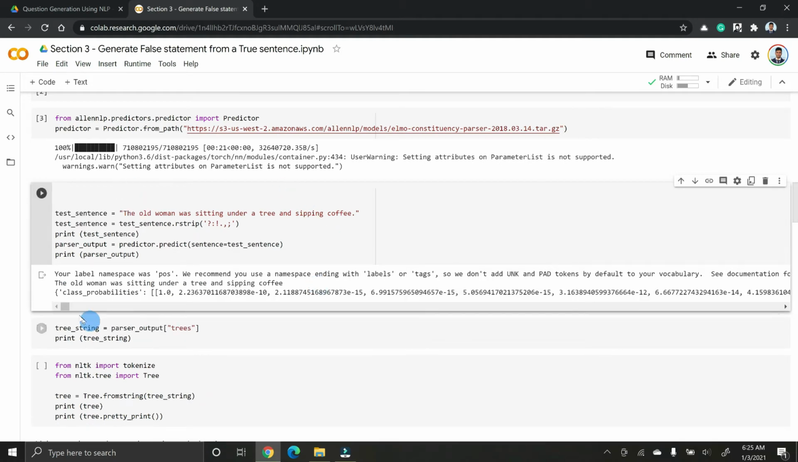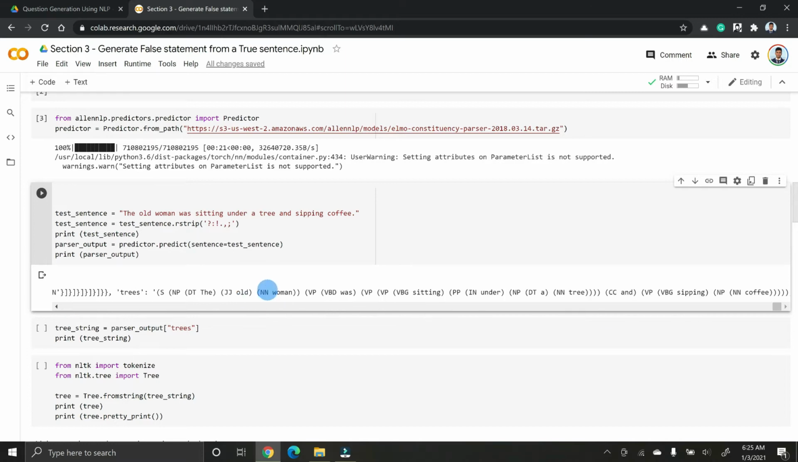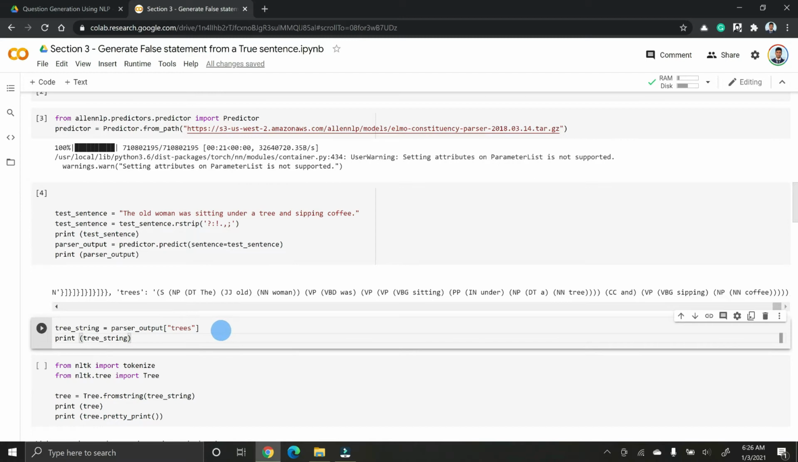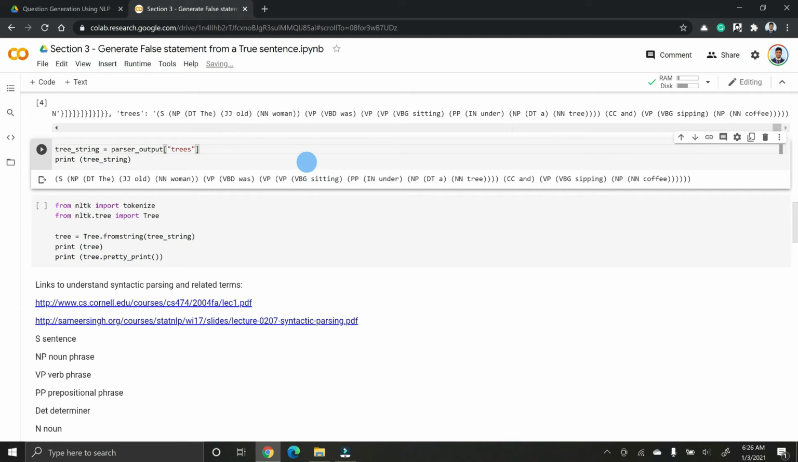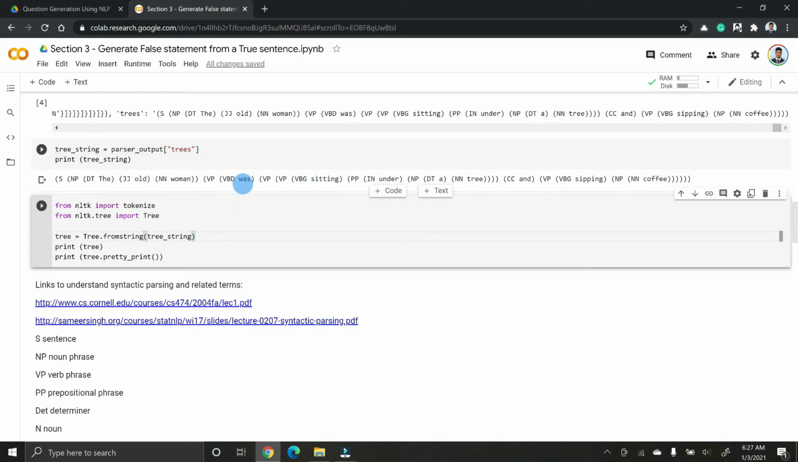So this is how the output looks. It's quite long, and in the end you will see this trees key that is of more relevance to us. So let's just identify and get only the tree string. If you see, this is of most importance to us, where we have our sentence and we have identified all its constituents, and now we'll take this string and convert it into an NLTK tree object so we can do